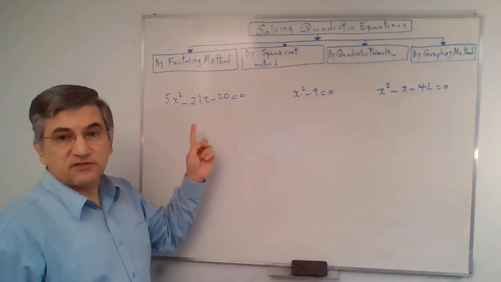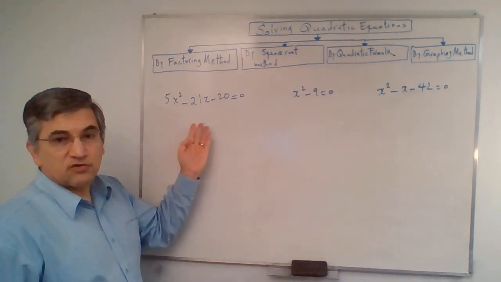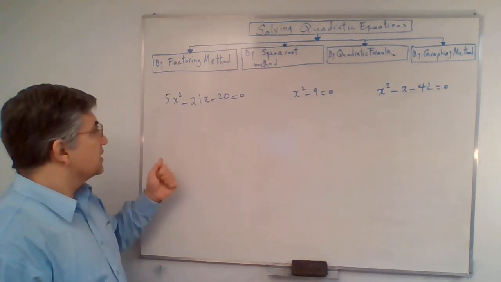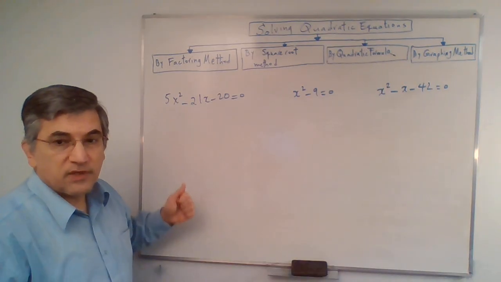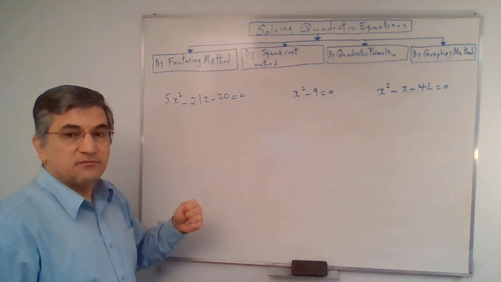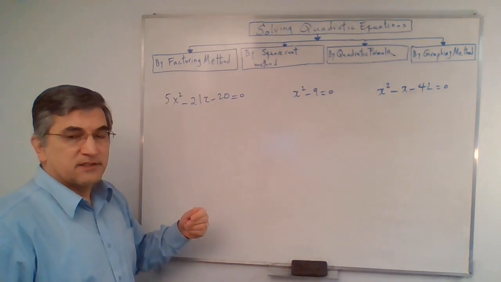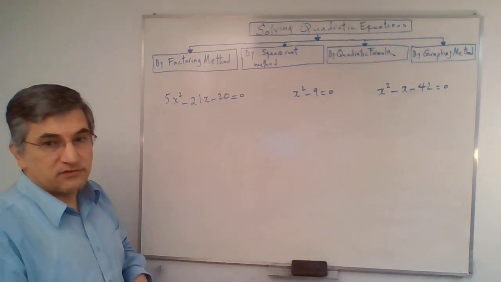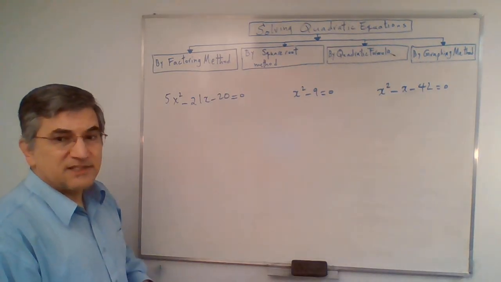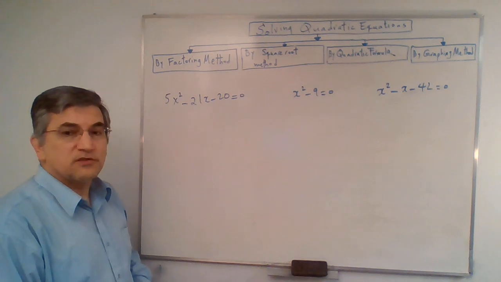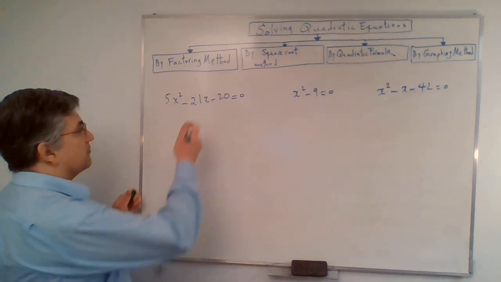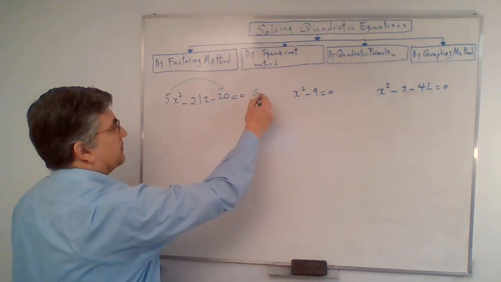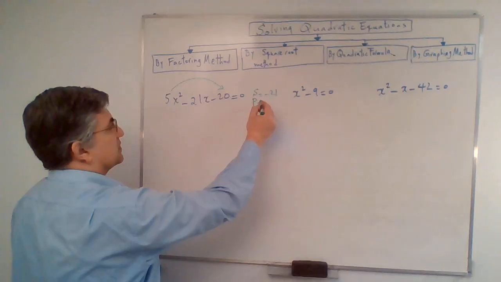We start with the factoring method, okay? So we have a quadratic equation here, and we want to solve for x. The method we use is called factoring. So we have learned how to factor polynomials, in particular quadratic relations. And we're going to use that skill of factoring to solve the quadratic equation. This is a quadratic trinomial that can be factored by the decomposition method or other methods we have discussed in the past. So I'm going to look for two numbers that add up to negative 21, and the product is negative